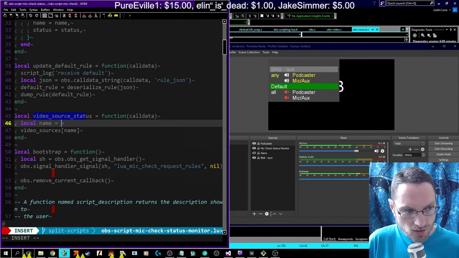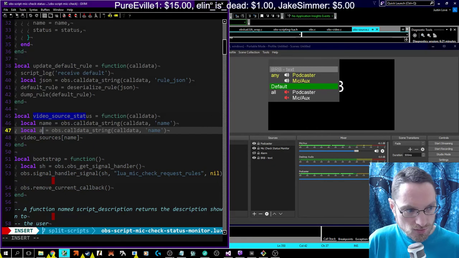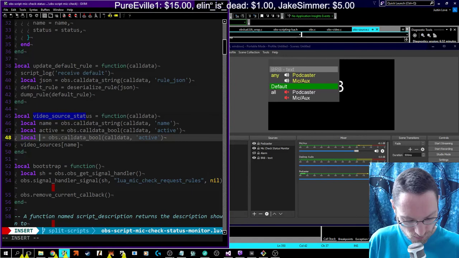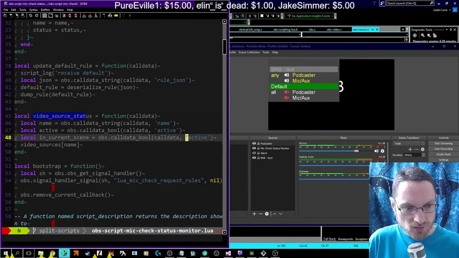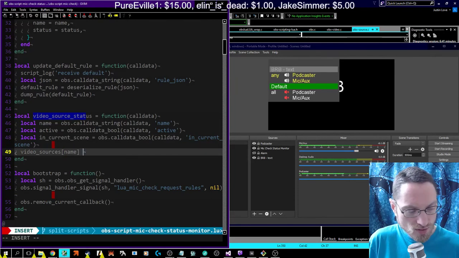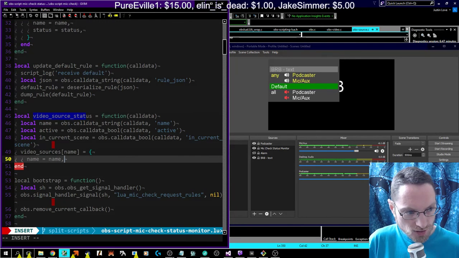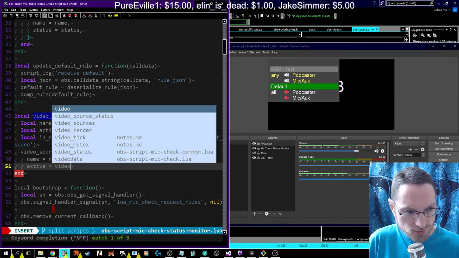So local name equals OBS dot call data string call data name. Local active call data bool active. In current scene. Now name equals name, active equals